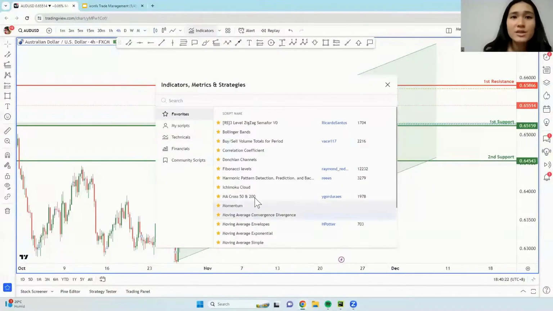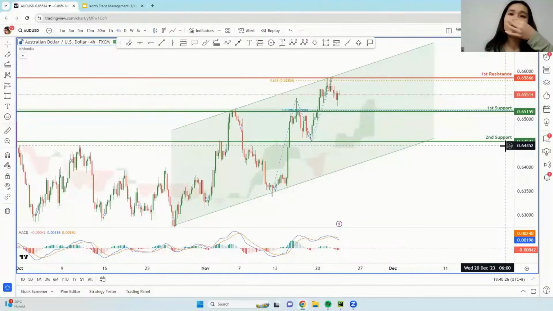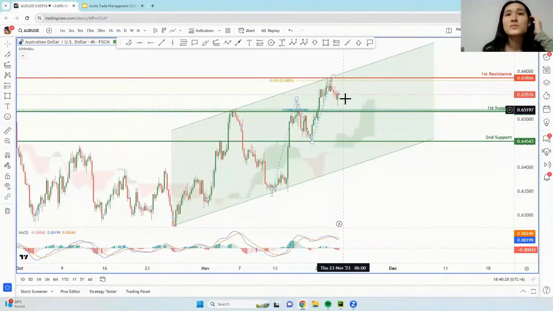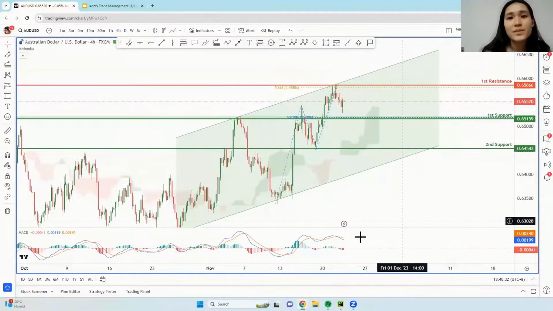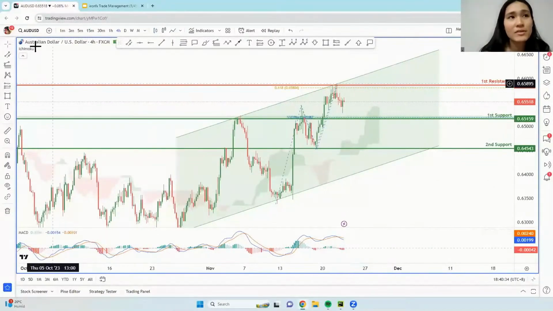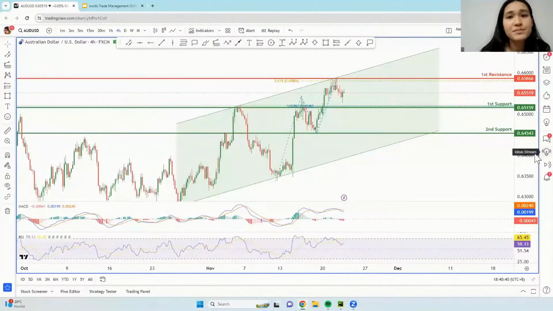Let's take a look at some indicators, okay, to support our analysis. So we're expecting prices to drop towards our first support. Okay, MACD is giving us bearish, Ichimoku is giving us bullish, so I'm going to remove that. Let's take a look at RSI. Okay, once again, RSI is giving us a